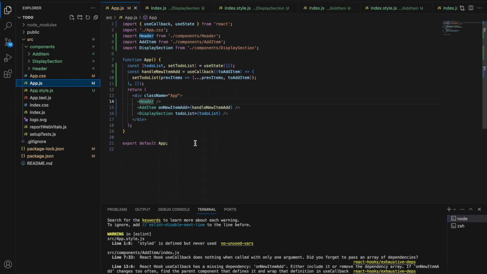App.js is not a place for maintaining the state of our application's module. To-do is a module here, and our application can contain other modules also, maybe a profile page of the user. So our app can contain different modules, and we cannot keep the state of all those modules in the app.js file.